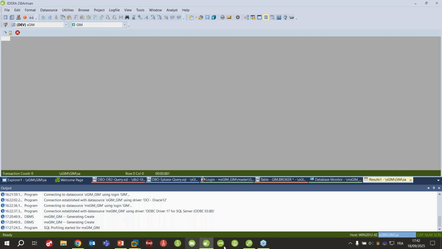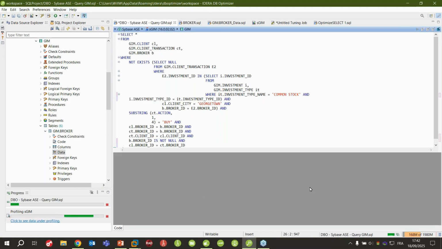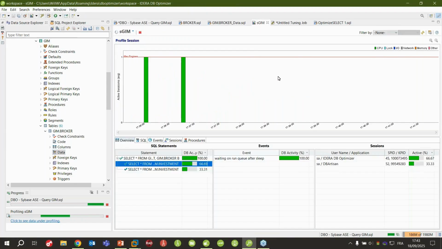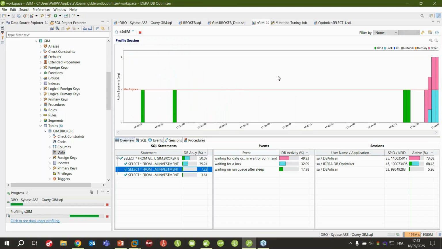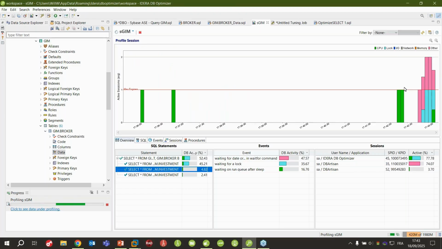It has been launched. I can go back to my DB Optimizer. I will run this same query once again. And we can see that currently it is not coming back. It is very slow. So I want to understand what is happening. And what I can see right here is that I have some new colors that have just appeared. So I can see that I have a lock directly visible.